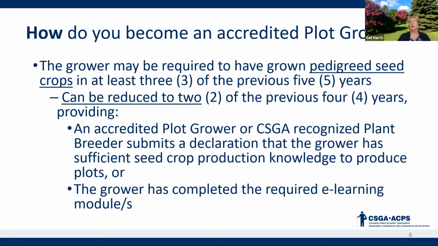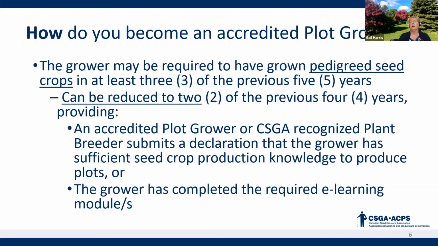If you're looking at the slide I have now, the underlined portions identify where there's been a change for 2021. In the past, the grower was required to have grown the crop kind they wanted to do their probation on in at least 3 of the previous 5 years. For this year, we've changed that. Basically, you just have to have grown pedigreed seed of any crop kind. So if you had wheat 1 year, soybeans 1 year, barley the next, you would be eligible to start your probation. And that can also be reduced to 2 years, which is a little different this year,